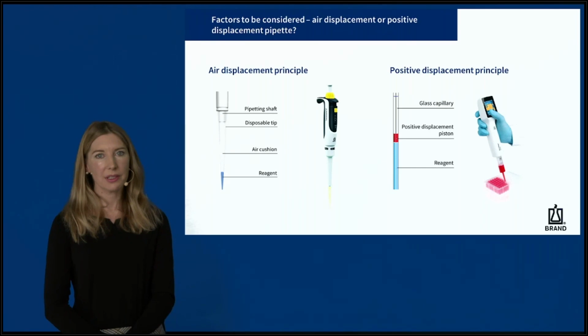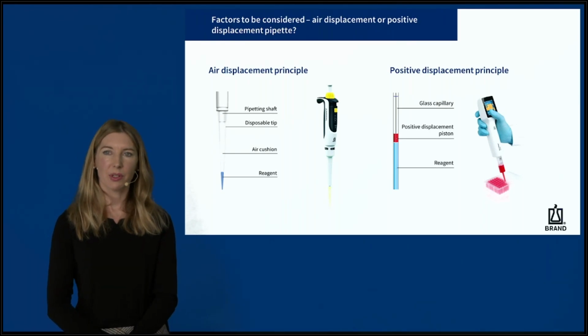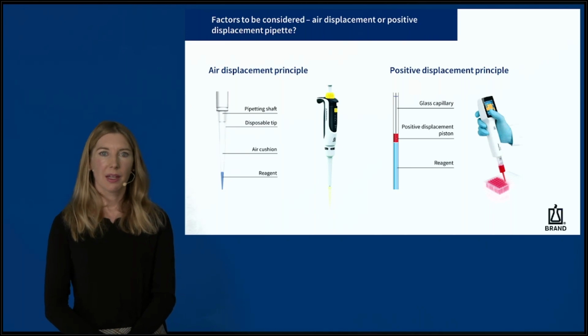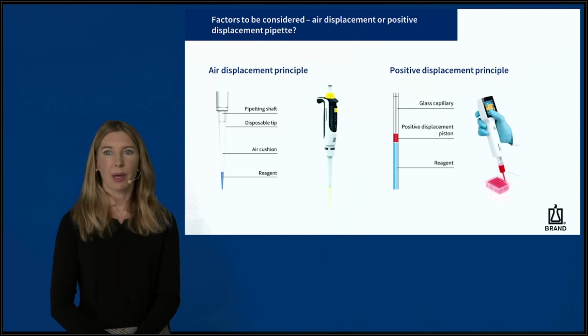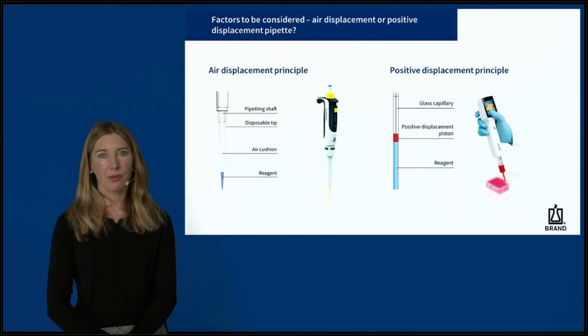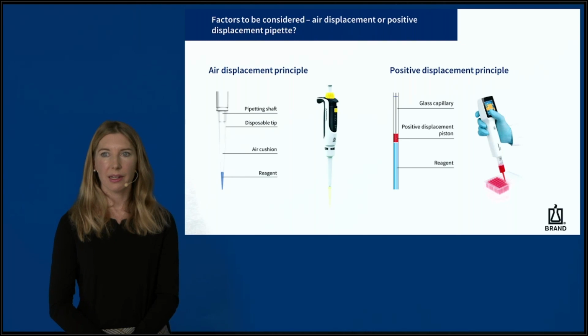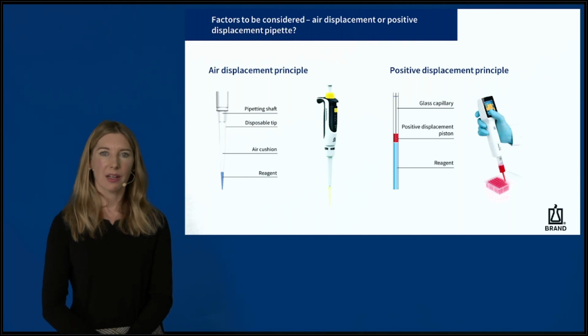The positive displacement principle is often used for repetitive pipettes, or specialized positive displacement pipettes. In contrast to air displacement systems, the piston of the positive displacement pipettes is in direct contact with the liquid to be dispensed. The piston aspirates the liquid through a vacuum and wipes the walls of the tip clean during dispensing, down to the last drop, which clearly leaves the tip. This principle ensures highly reproducible results regardless of the liquid and the influence of an air cushion.